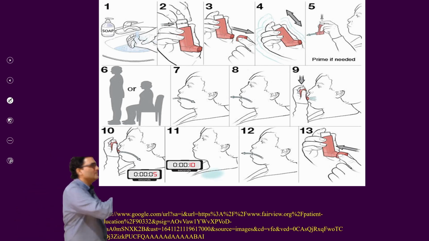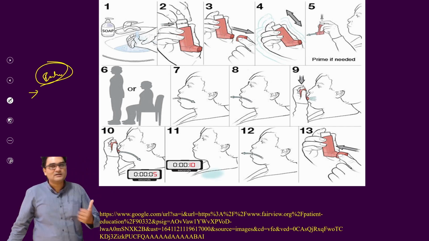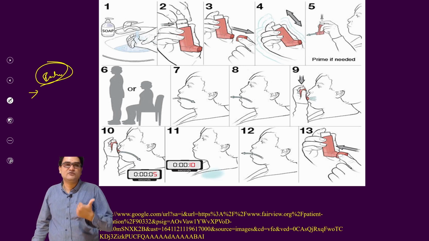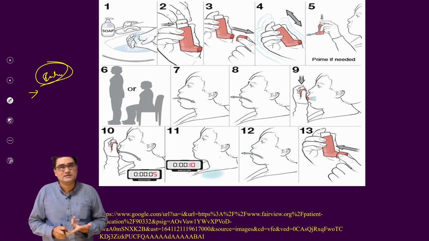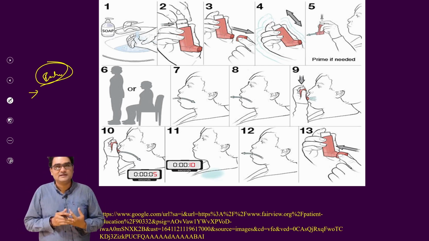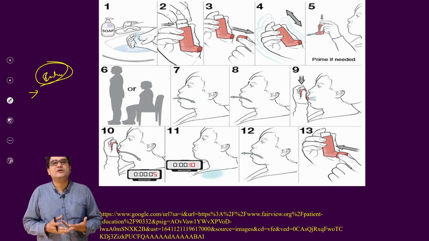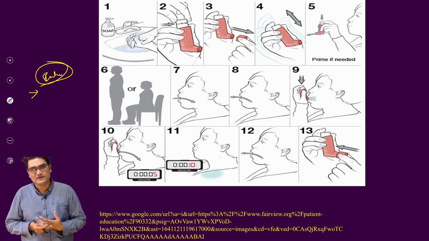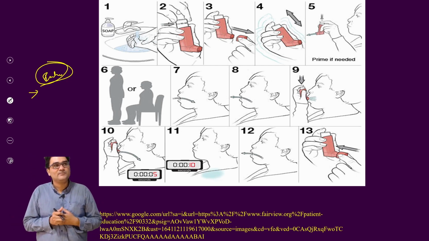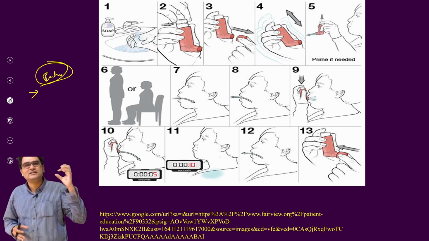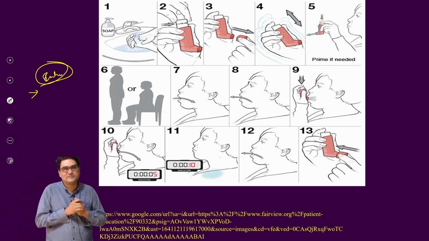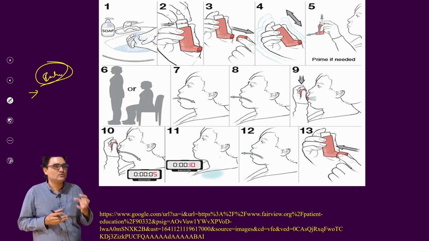Why we are using them is simple. So the inhalational route of drug administration. So what are the advantages? They are used in conditions where the pathophysiological changes are seen only in the lungs. So we are going to target specifically there. First thing. Second thing is they will provide immediate effect, they produce immediate action. That is one thing. They produce very less systemic adverse effect. So that's why we are going to use them. There is very little chance of them entering into systemic circulation and causing adverse effects.